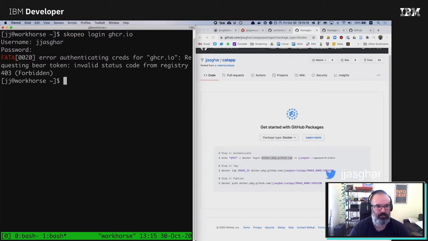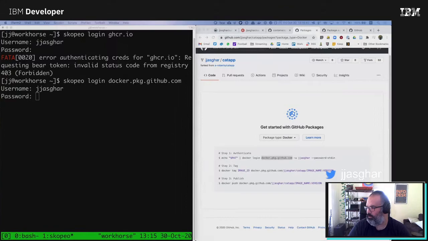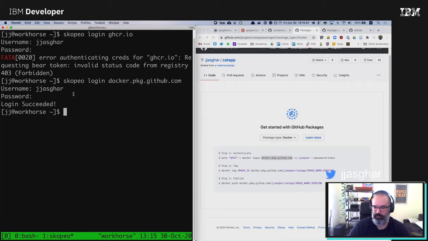Come on, really? Skopeo login. Copy this. PJ Asgar. Let's just try doing directly into it. So JJ Asgar. And then my password. There we go. Awesome. So now that we've logged into the registry, instead of doing this,